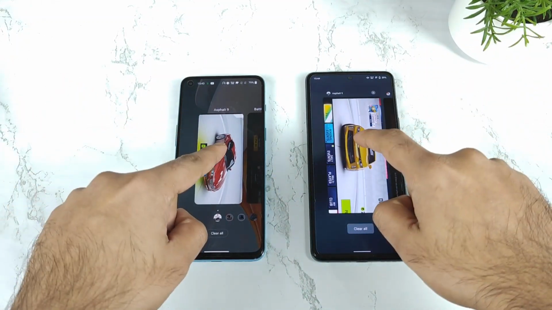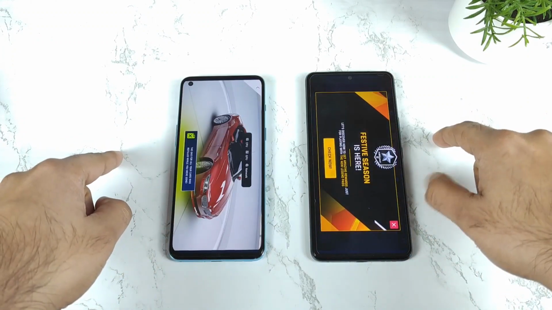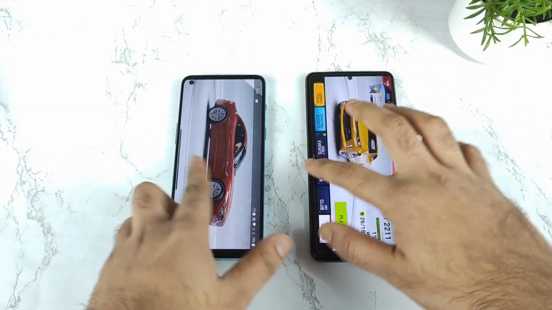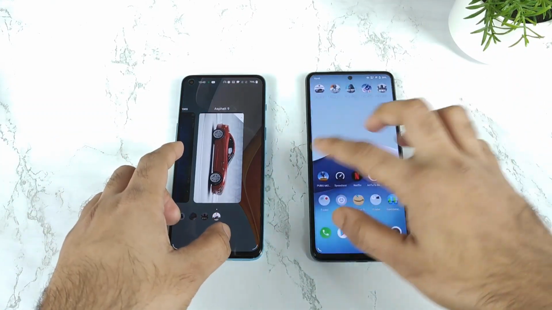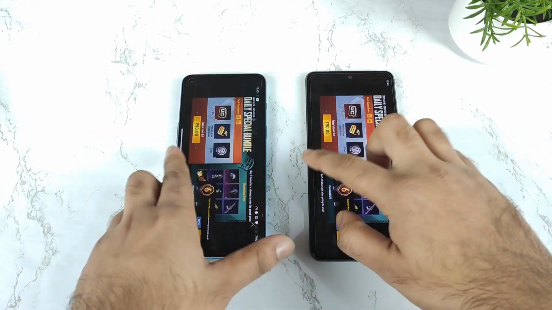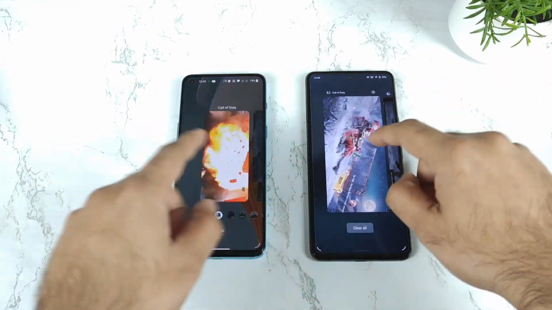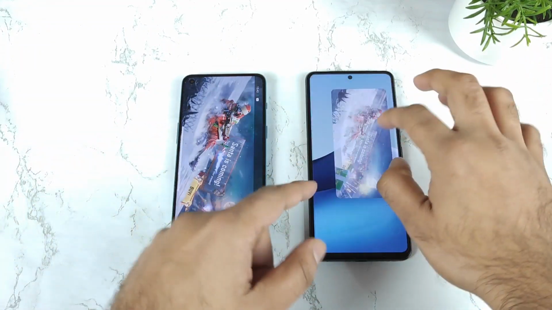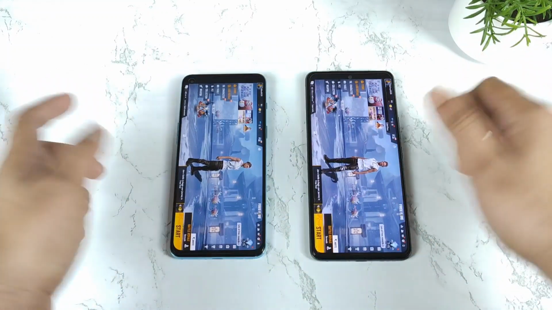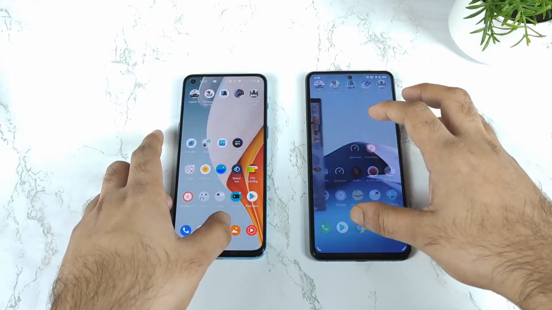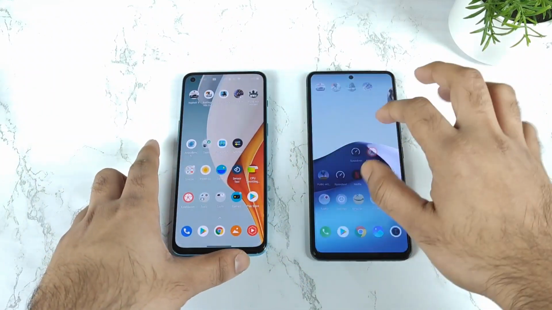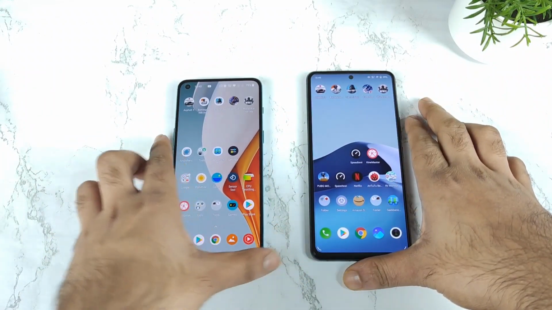That's perfectly done. Let's start with the first game, Asphalt 9. Both phones kept the Asphalt 9 game in the background RAM management, all good, no issues. Next, let's check the Battlegrounds mobile game. Also not a problem, both phones perfectly alright. Call of Duty, yes, no issues. FIFA game, yep, also no problem. Next is the final game, World War Heroes. Both phones were capable enough to keep the 5 games in RAM, and the speeds are very close.